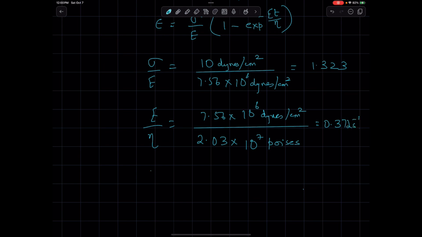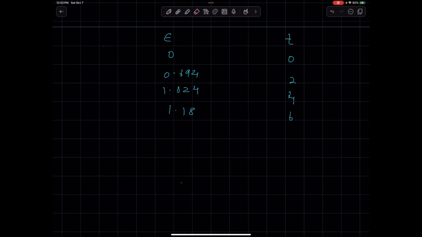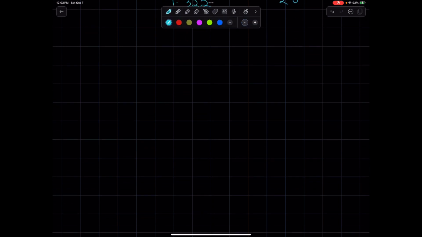So plugging in, we get 1.323 times 1 minus exponential of minus 0.372 t. We can now plug in the various values for time in this equation to get the values of strain. So if we plot the graph,